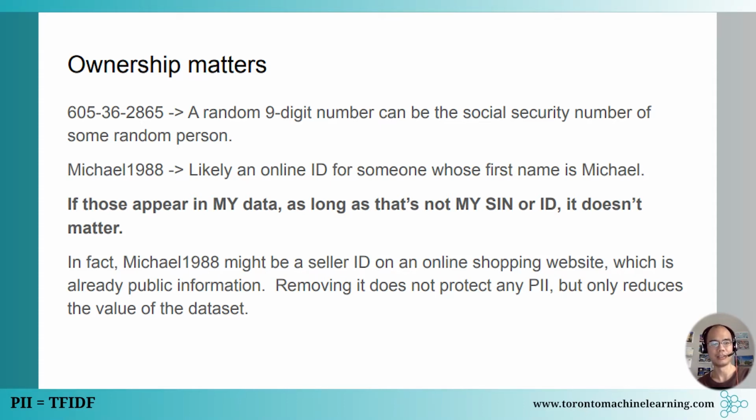It might be the person I buy things from. And who I buy things from is very important information, like Costco and Shoppers and whatever, right? We want to keep those brand names exactly because that is the entity we buy things from, and there may be good reason to want to keep that. Right? So if the natural language process just goes there and recognizes that this is an ID and kills it, that may not be exactly aligned with our actual goal. Right? That's why if we can leverage ownership, we put this at the top of our concern, right? It's my data. Anything about me should be removed. Not about me is fine. We know how the method should work.